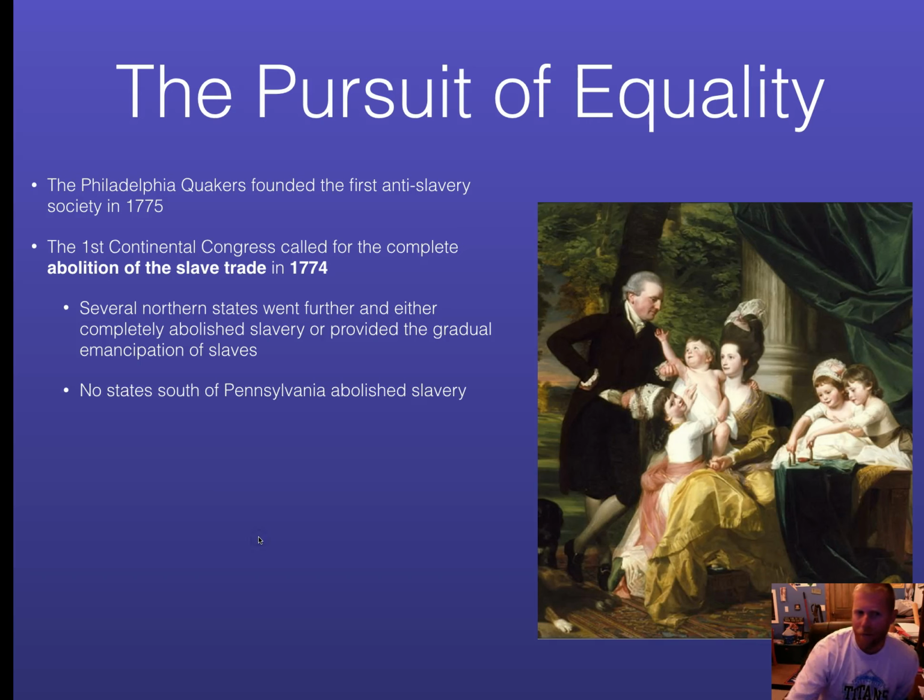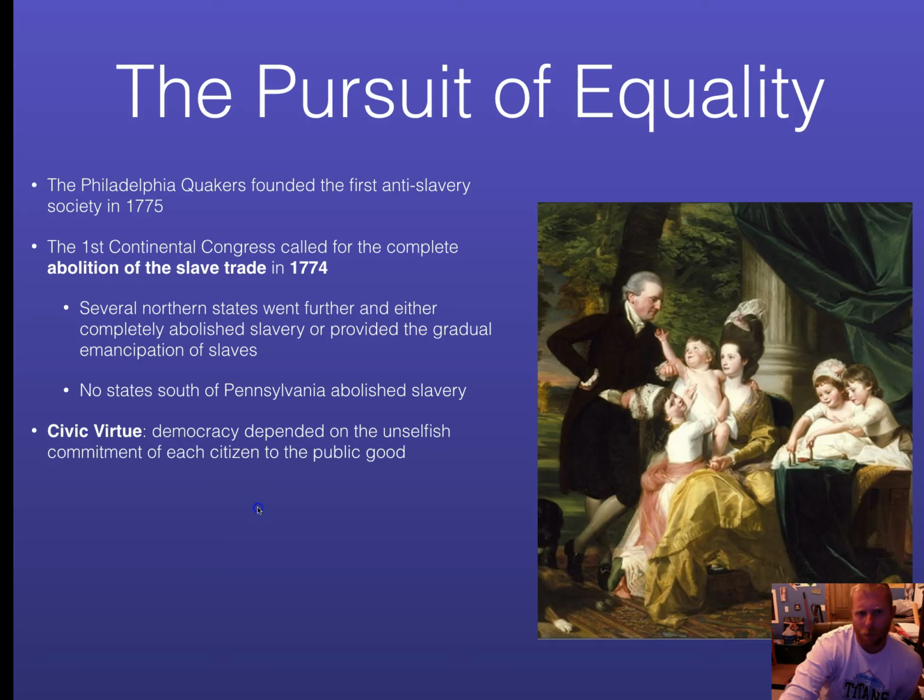No state south of Pennsylvania abolished slavery or bought into this abolition of the slave trade. The country was still too divided on that, and as we know, there's going to be a giant civil war over it. In terms of civic virtue, maybe something we need here in 2016,